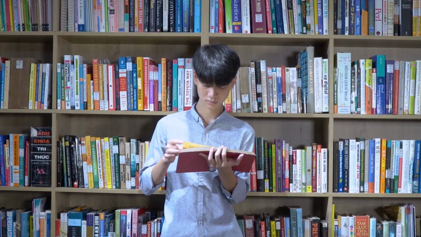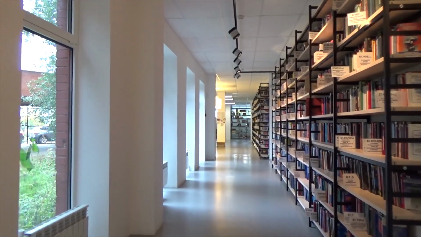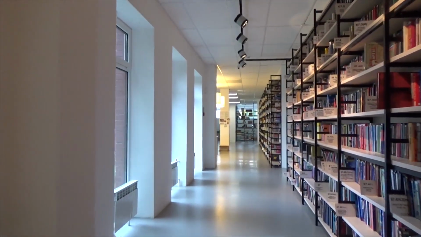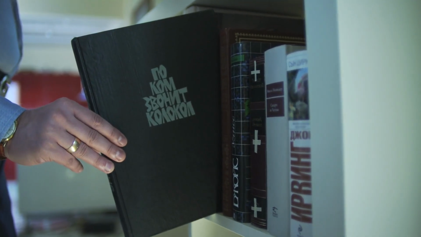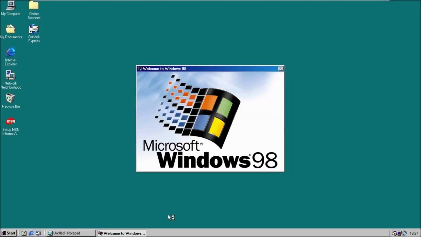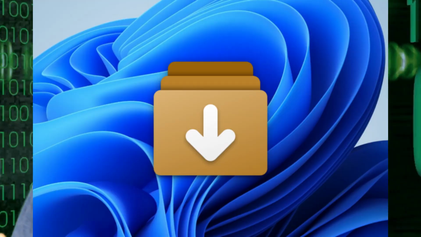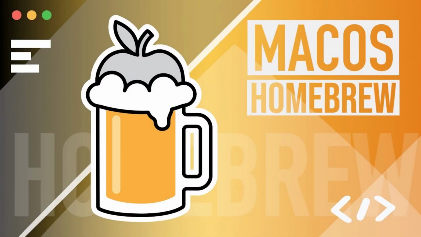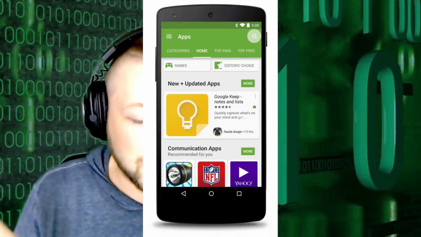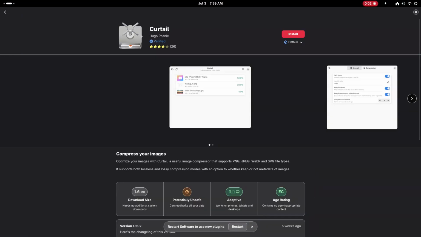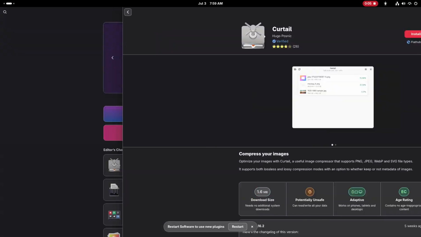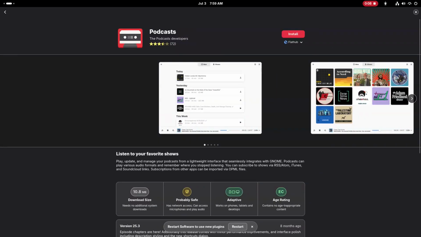And the other thing an operating system is going to have is standardized system libraries, which are basically code libraries that other programs can use to interact with the operating system. So it creates a standardized way to make programs for that system specifically. Modern operating systems also will have an additional thing if it's intended to be used as a general purpose operating system, and that is a package manager. The way most people are familiar with package managers is through your phone. Yeah, so the app stores are package managers, right? They let you download specific software that's designed for your system, and it will just install it and update it for you.